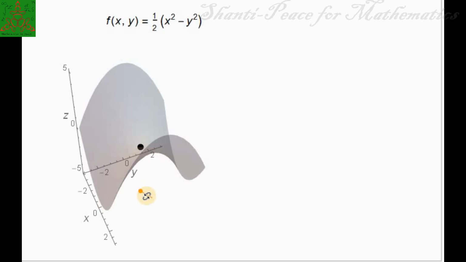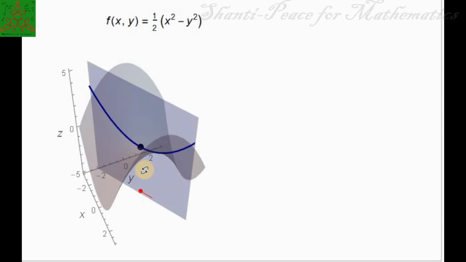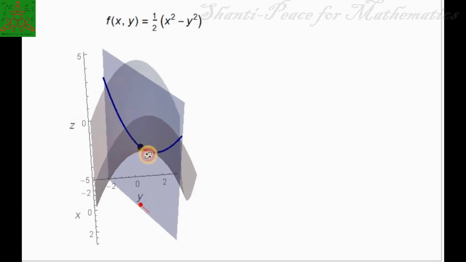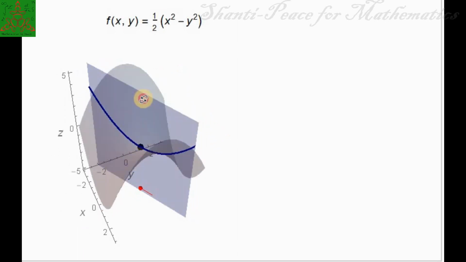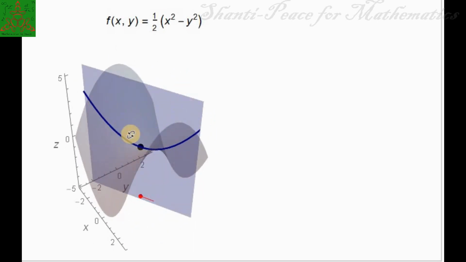So it is actually the slope of the surface in the direction of whatever vector it is. First I will show you a plane. That is the intersecting plane you will have here at the point (0, 0). This black point is (0, 0), its reflection on the xy plane is this, and this is the intersecting curve between the surface and the plane.